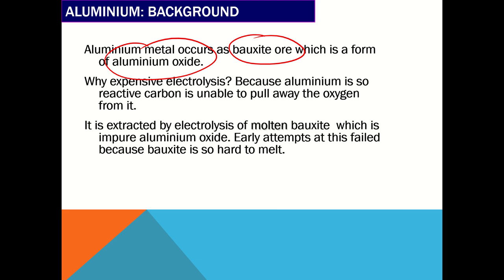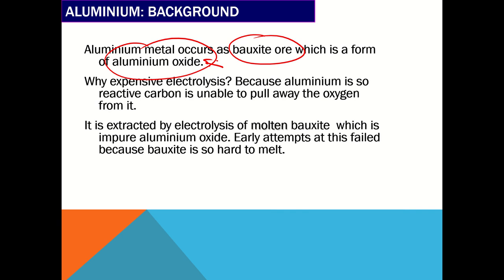Now, the other thing about this is that, like any electrolysis of any ionic compound, it has to be molten. So we have to melt the aluminium oxide. Initial attempts at this failed because the melting point of aluminium oxide is extremely high, and it was essentially just economically and physically almost impossible to get to the temperatures in a feasible manufacturing process to make the aluminium oxide